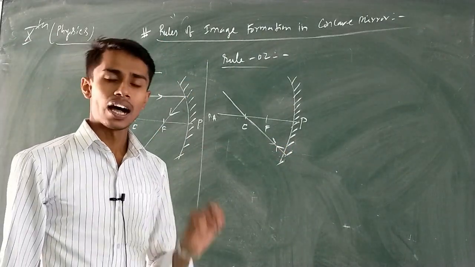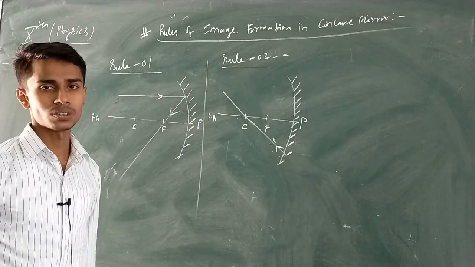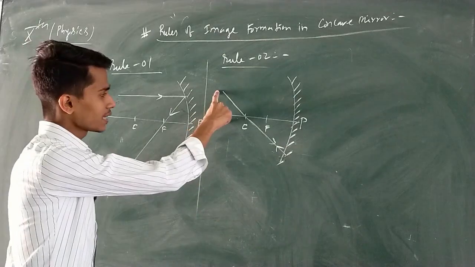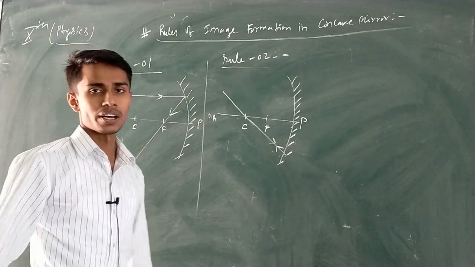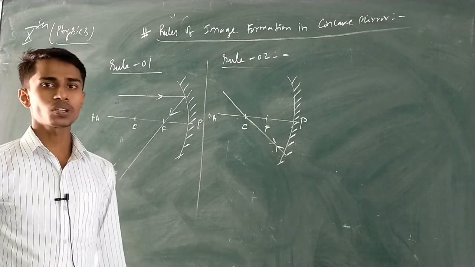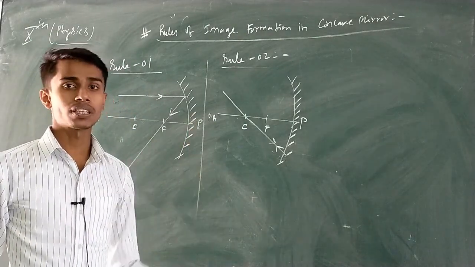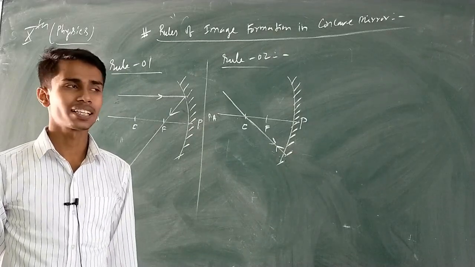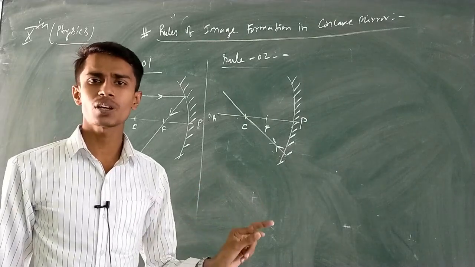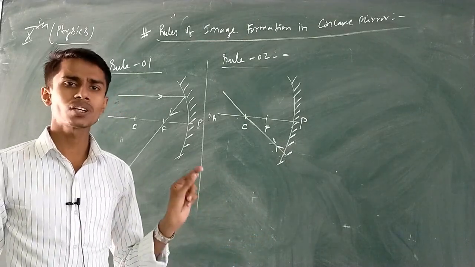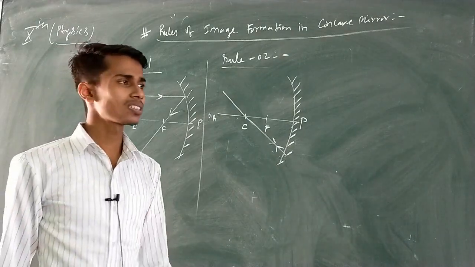What you understand? अगर कोई रे ऑफ लाइट सेंटर ऑफ कर्वेचर से जा रहा, वो वापस उसी पाथ से रिटर्न हो जाएगा, है ना? अगर रे ऑफ लाइट सेंटर ऑफ कर्वेचर से जा रहा, मिरर से रिफ्लेक्शन के बाद वो वापस उसी पाथ से क्या होगा? रिटर्न हो जाएगा। व्हाट इज द रूल 2 ऑफ इमेज फॉर्मेशन कॉन्केव मिरर? अ रे ऑफ लाइट पासिंग थ्रू सेंटर ऑफ कर्वेचर विल रिटर्न बैक ऑन द सेम पाथ एज ऑफ इंसिडेंट रे। ऐसा इसलिए क्योंकि जो भी रे ऑफ लाइट सेंटर कर्वेचर से जाएगा वो मिरर के सरफेस परपेंडिकुलरली फॉल करेगा, और अगर कोई रे ऑफ लाइट परपेंडिकुलरली किसी सरफेस पे फॉल करता है वापस उसी पास पे क्या होगा? रिटर्न हो जाएगा।